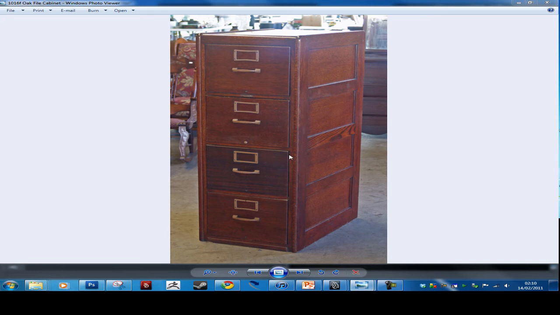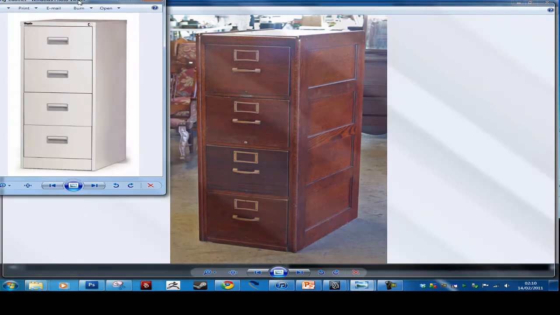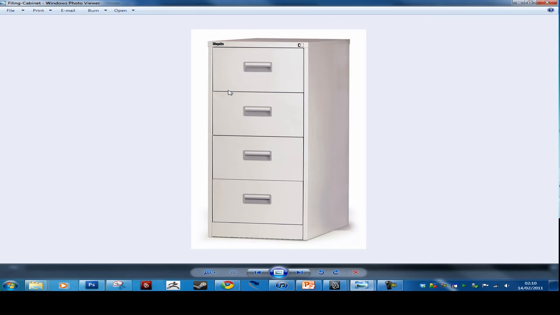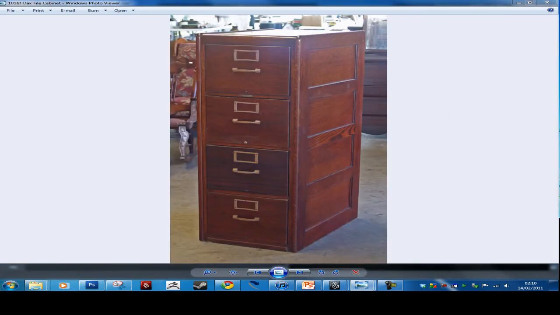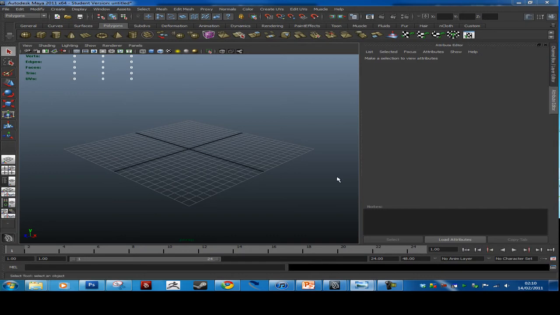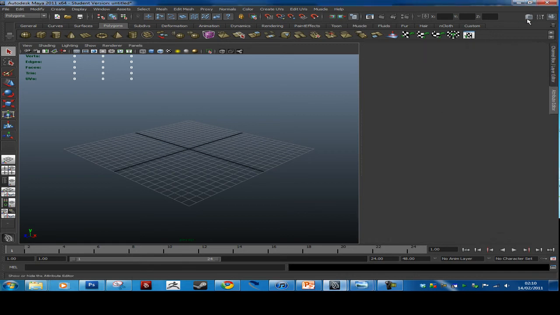This is the first reference image I've got, and this is the second. They're roughly the same kind of style as these, and we'll make a couple of modifications as we go along. Okay, so before you start Maya,